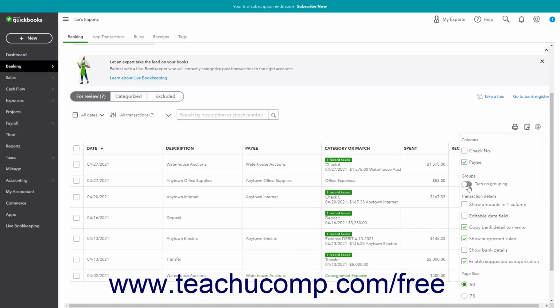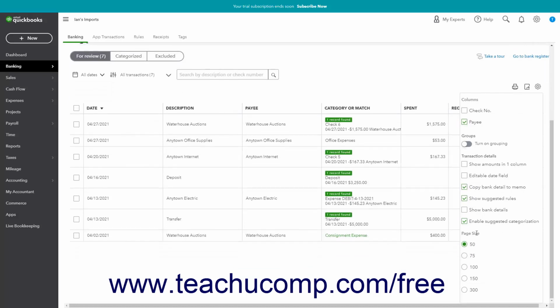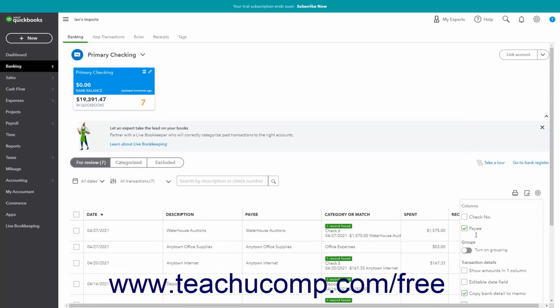Under the Transaction Details section of the drop-down menu, check or uncheck the options to enable or disable each one as desired. Under the Page Size section, select the desired option button for the number of transactions to show per page in the list. Note that the page size setting is the only setting that appears for transactions on the